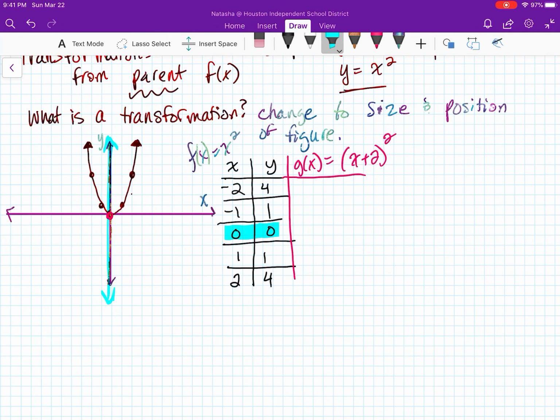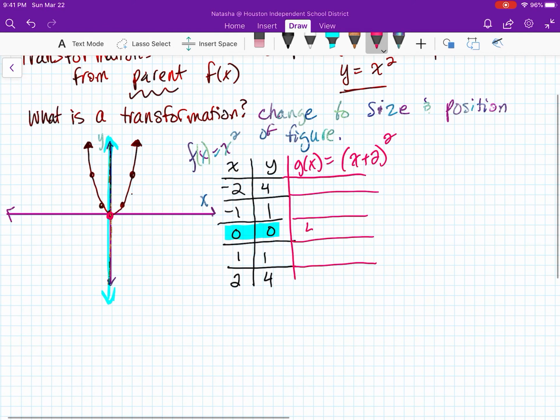Now I'm going to show you what happens because it's kind of neat. Our vertex is actually going to change. That's no longer going to be our vertex when we move things around. So let's just talk about this in general. If x is 0, that's going to give me a y value of 4. So if I go up here,